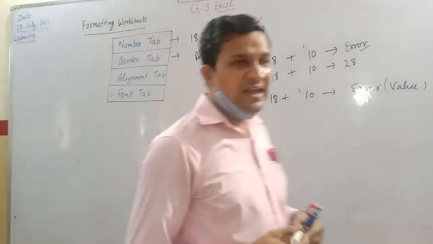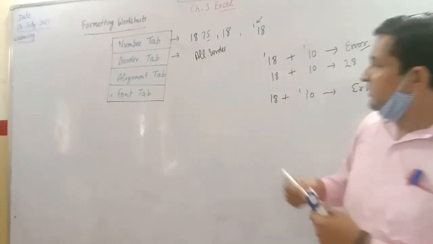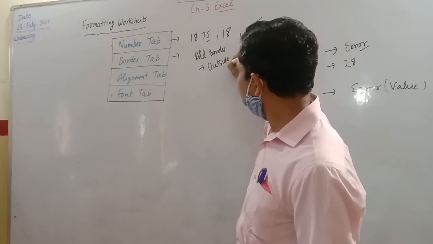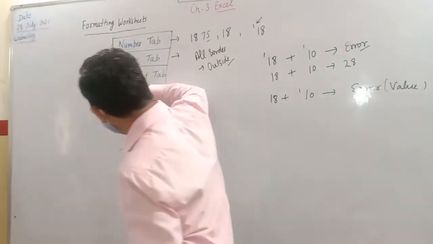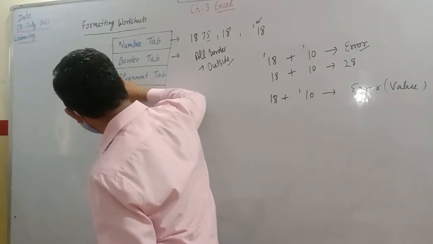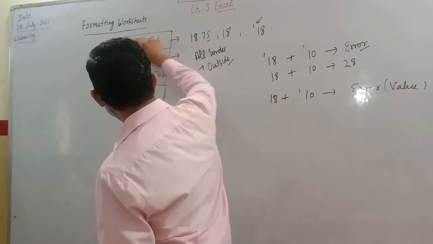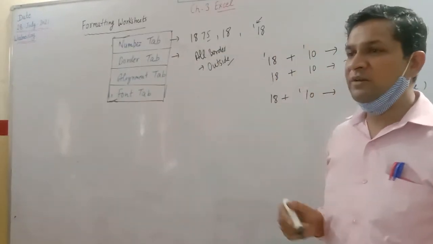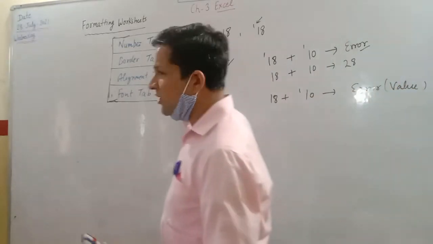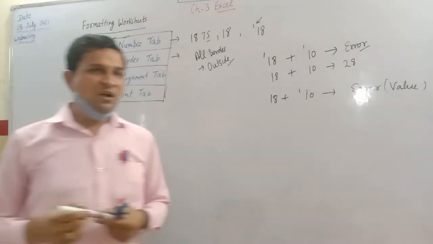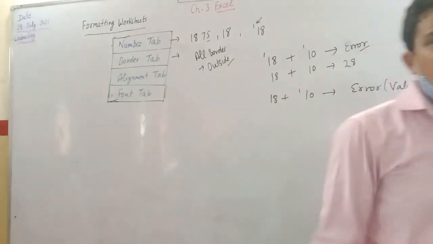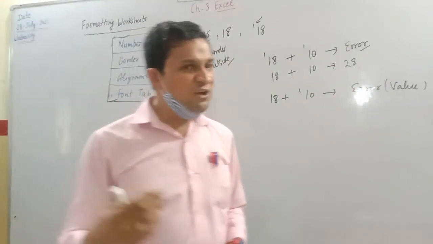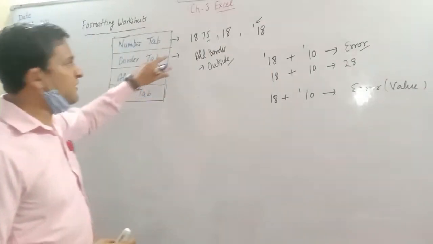Afterward, if we want to highlight the outside border, for that we have the outside border option. What will it do? It will highlight the outside and make it darker. All four corners, all four sides, but in between it is the same. That is highlighting the outside border. This is under the border tab. We can do any type of setting according to the width of the border, the thickness of the border, the type of the border, the style of the border. Different types of styles are available for borders.